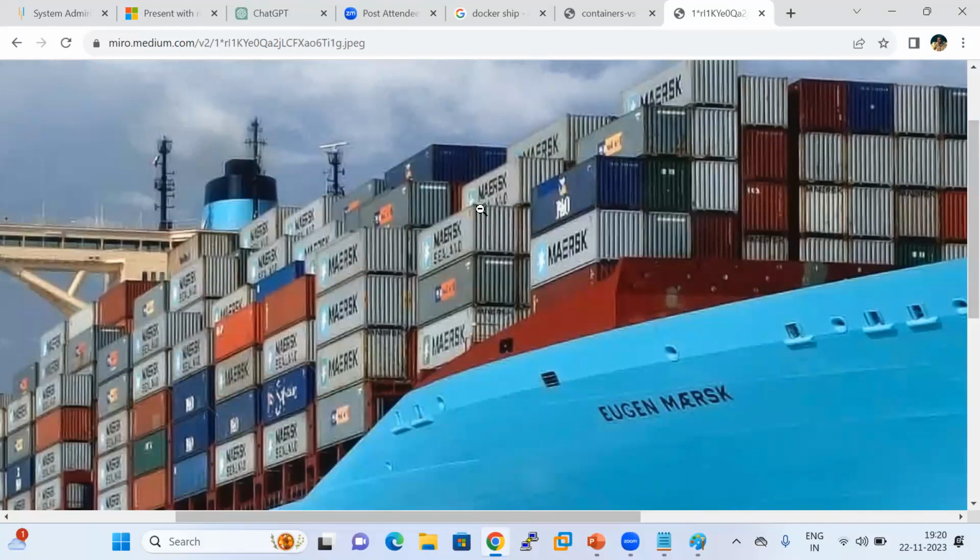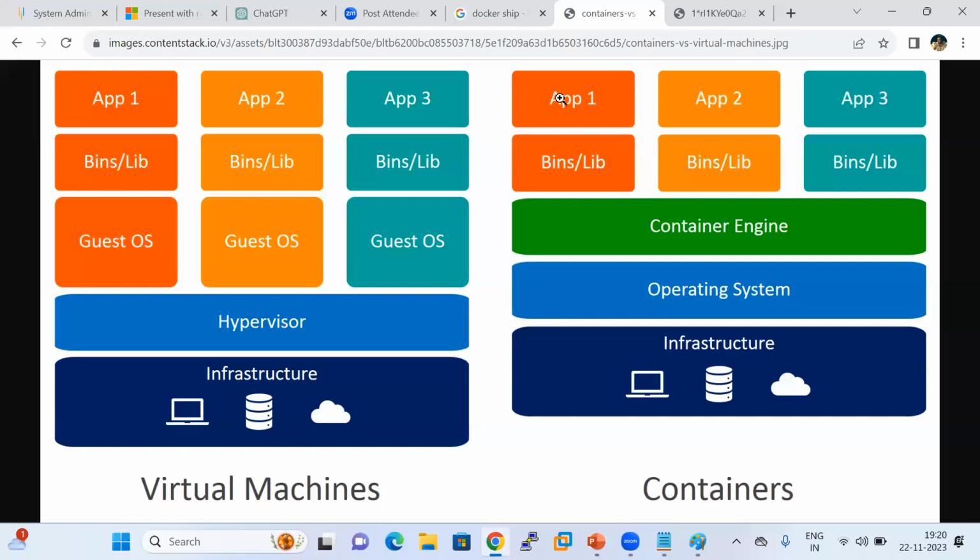For example, in the same manner, here also each and every container will have a different application. But if you want to make the communication between the containers, you can do that. That is altogether a different thing, which we will be learning in Docker networking. But the point here is, when you compare with the virtual machines, here the guest OS, the applications and libraries